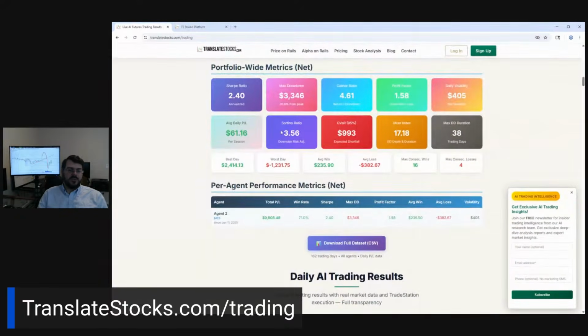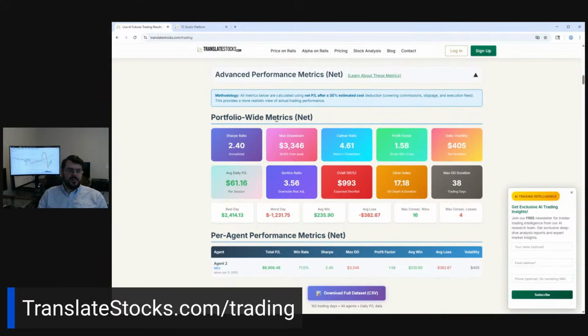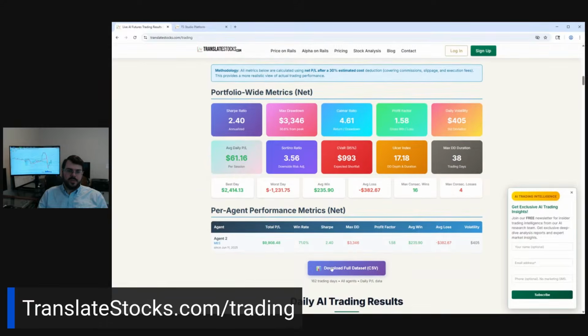And we have some metrics for this agent, trading since June last year, with the maximum drawdown, the P&L, the Sharpe ratio, and everything. This is a daily summary of our metrics, so here we have one P&L per day. You can download